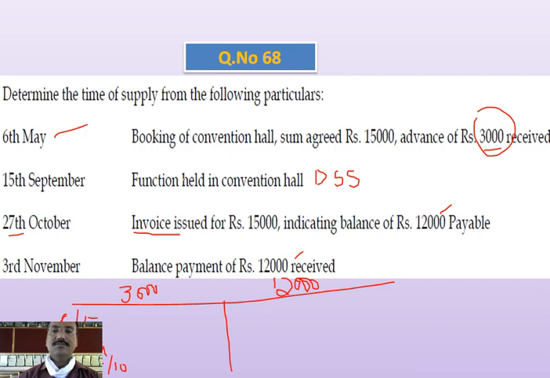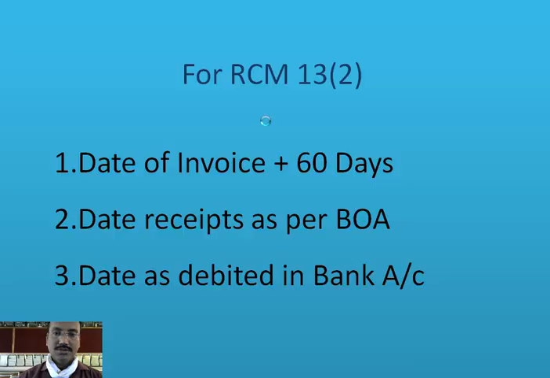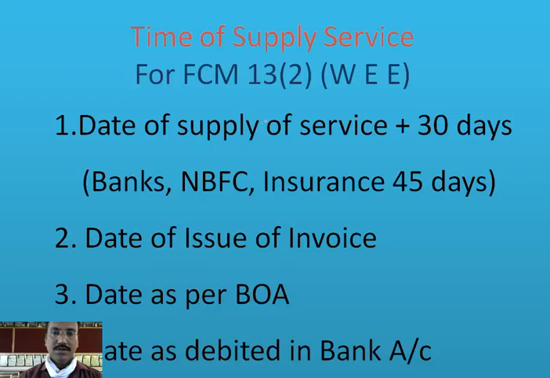This was a forward charge mechanism question. Remember, supply of service under the forward charge mechanism. Why is it not a reverse charge mechanism? I think all of you know which kind of services are reverse charge mechanism. I think it was already given in your yesterday's webinar. So what you have to do now? Whatever the rule for this issue, I will find now. So I will show you now the conditions.